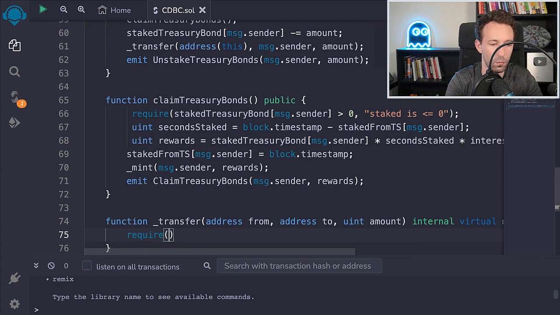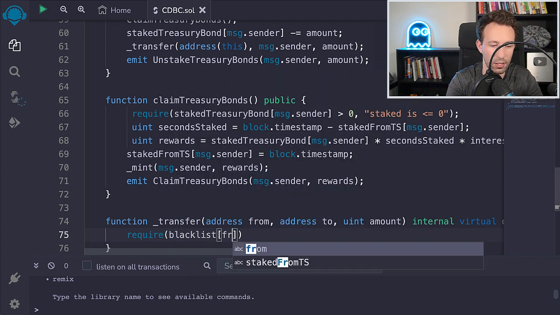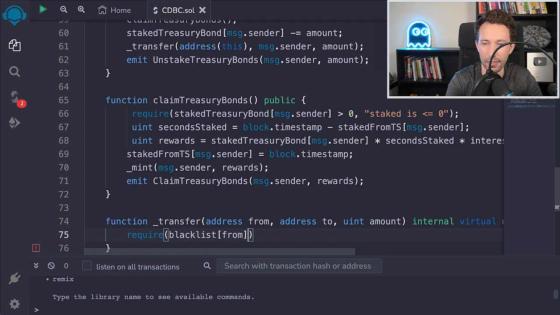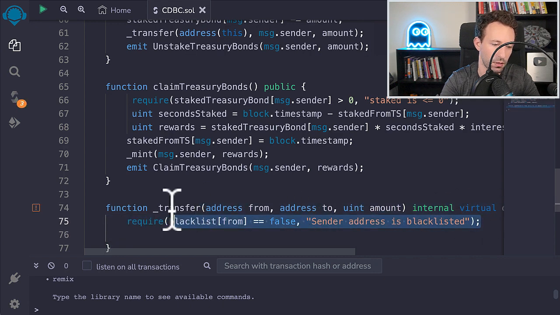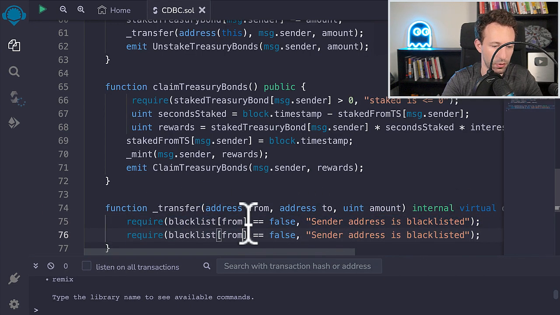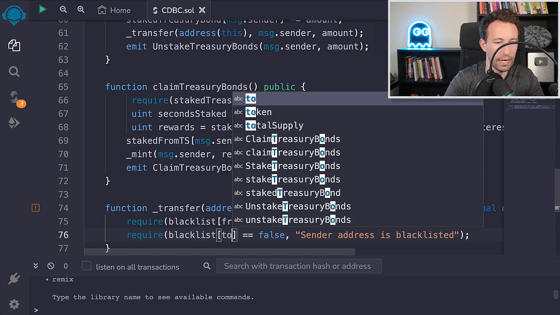And first we're going to make sure that this sender is not in the blacklist. Here the error message, and same thing for the recipient. It also needs to be outside the blacklist.